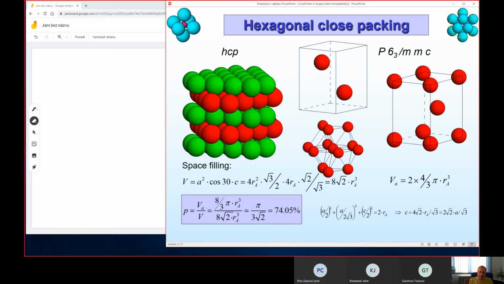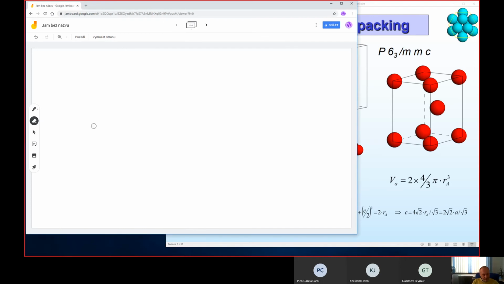So first, the close packing of atoms or ions. As I mentioned, it is relevant to ions or the elemental metals, where the metallic bond and the ionic bond prefer high coordination numbers. The coordination number in close packing is typically 12 nearest neighbors. How can we derive these close packed structures? We can start from the close packed arrays of atoms